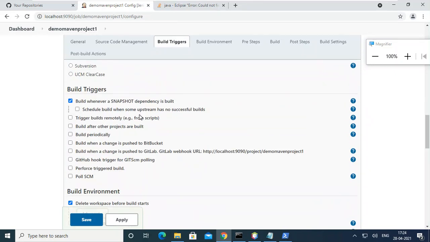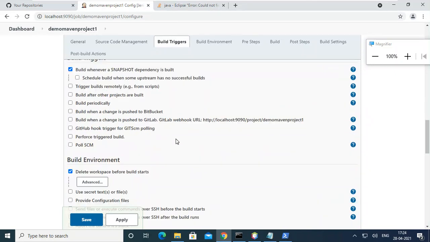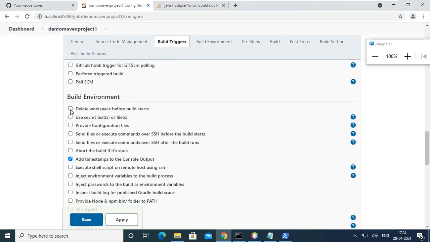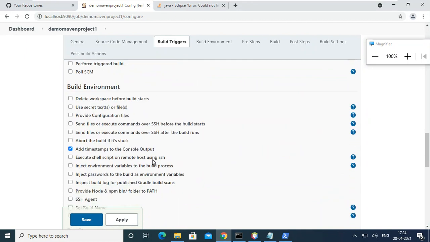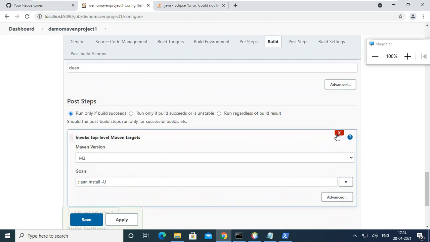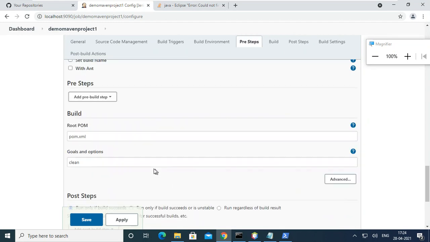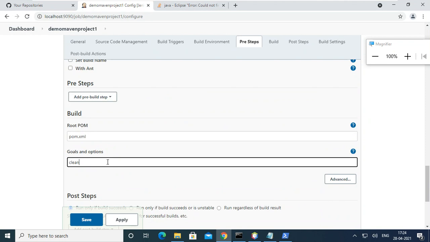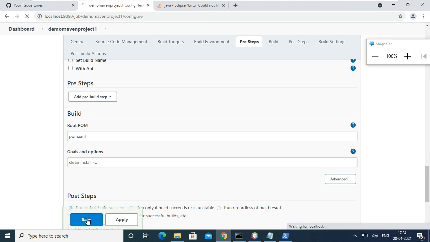Okay, so I didn't change anything, so here I put this one and we do this one. Clean install. So I will use this one now. What will happen?